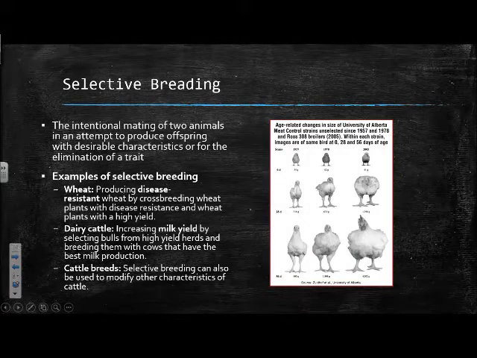Okay, so selective breeding is one way that we've used biotechnology. So it's the intentional mating of two animals in an attempt to produce offspring with desirable characteristics or for the elimination of a trait. So some examples are wheat, so producing disease-resistant wheat by crossbreeding wheat plants and disease-resistant wheat plants